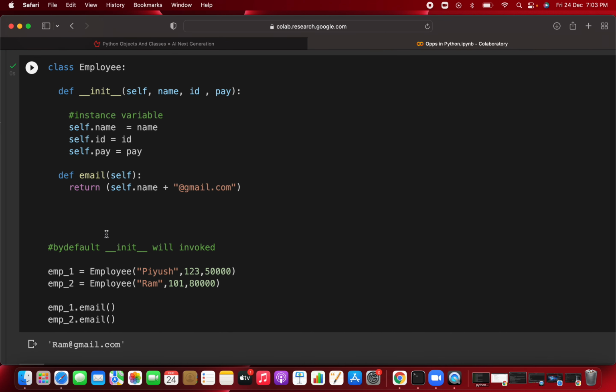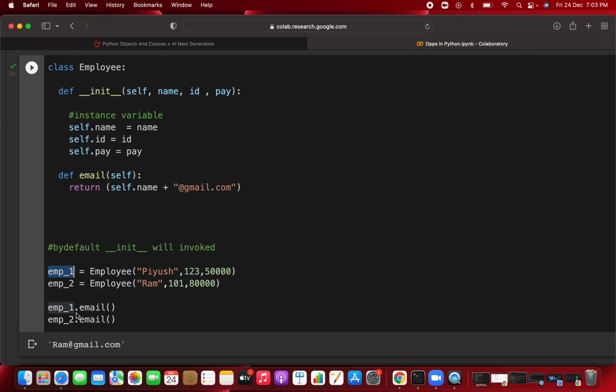So how do you call any method? First of all you have to create the object, and from that particular object you have to call the method. You have created the object of the employee, and then you call this method. Whatever method is in the particular class can be called on employee_1. You give the object name first, then the method you want to call with dot email, and you have to pass the parameters. Here we are passing only the self parameter, meaning in the backend system it will go like this: